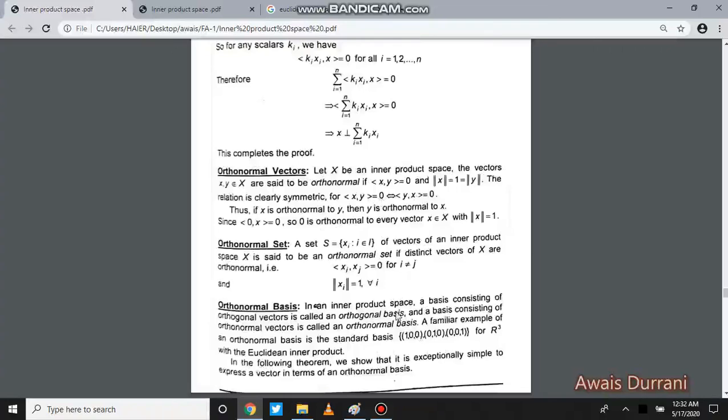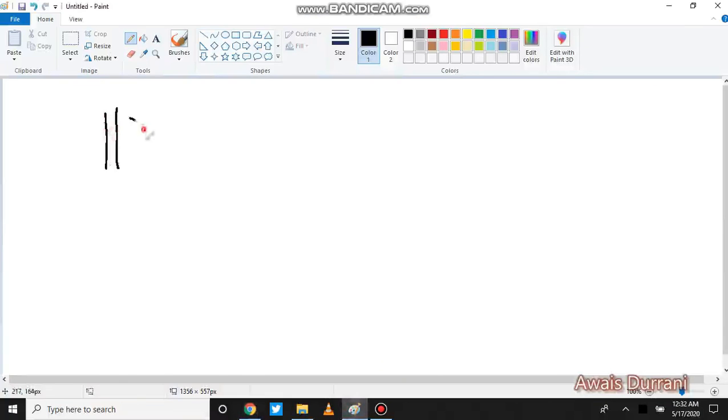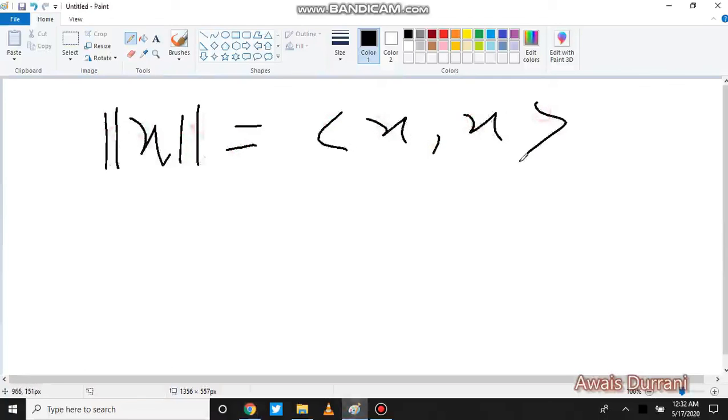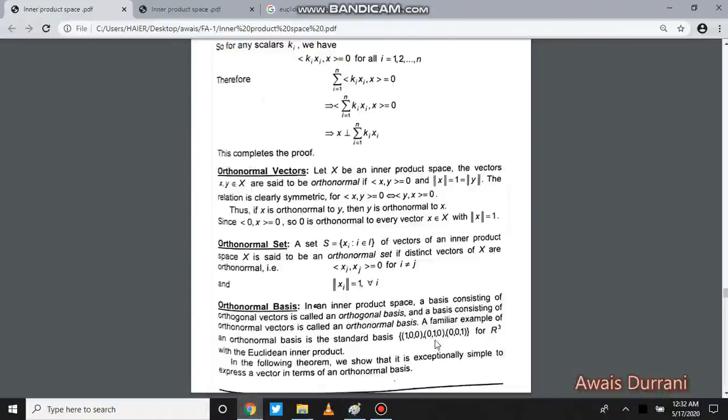And similarly, if you are taking its norm, and the norm is defined by the given norm which I already provided, that the norm of x is equal to this one, and the inner product is already defined, then we can see that the norm of this element is equal to 1, the norm of this is equal to 1, the norm of every element written here is equal to 1. So their norm is equal to 1, and the inner product of every two elements will be equal to 0. So these elements satisfy the property of orthonormality. Therefore we can say that this basis which spans R cube is an orthonormal basis.